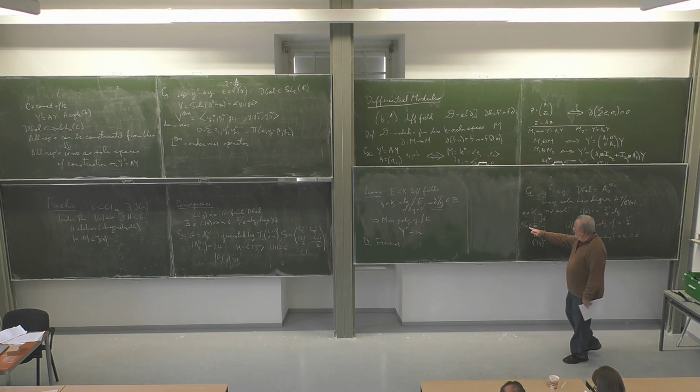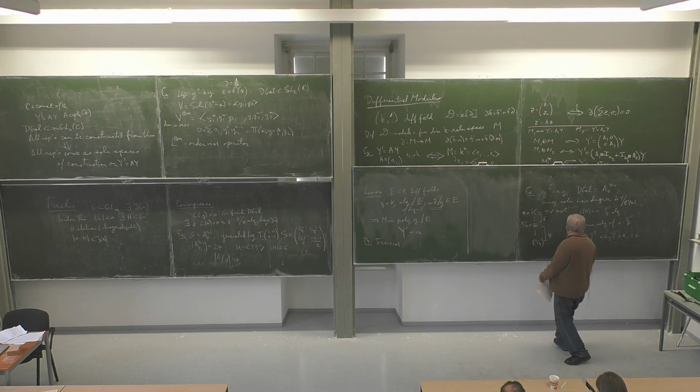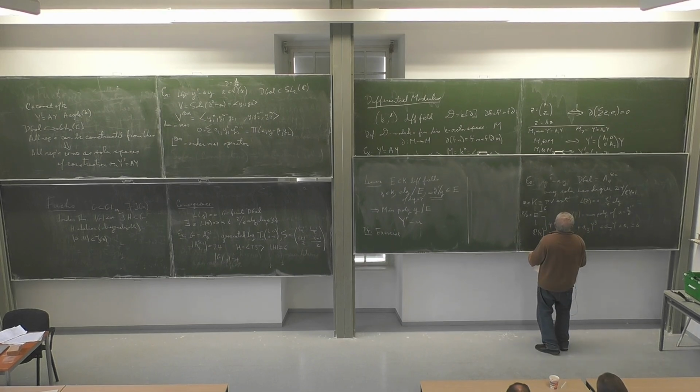So that's this. The minimum polynomial of this over this was something of the form something to the 6th power minus something. So the minimum polynomial